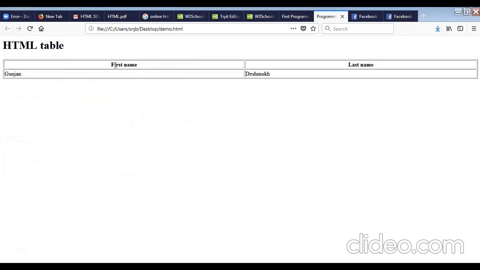Okay, as we have discussed, by default the heading element will be centered and bold, and the data element will be regular and left aligned. So if you want to add the alignment center, then again we have to use the style tag, and in that we have to use the text alignment. So we will use